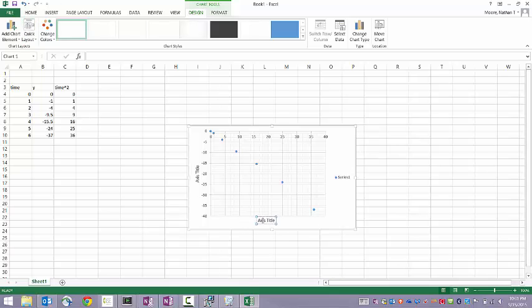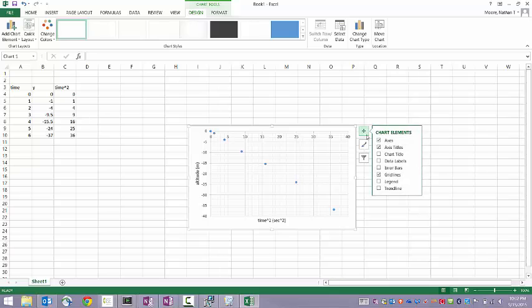So remember, this is time squared. This is altitude in meters. So if I want to do a really good job with this label, I should say it's measured in seconds squared. And then the final thing that you might want to do is add a trend line,